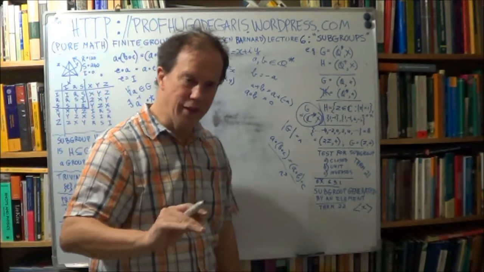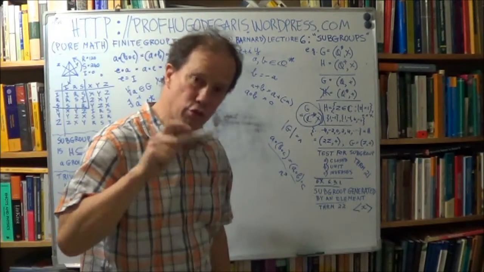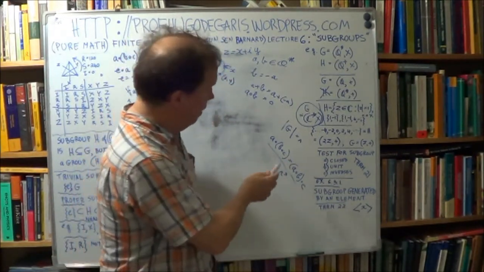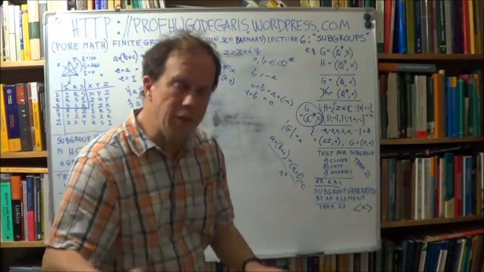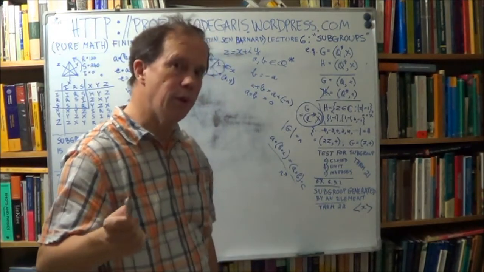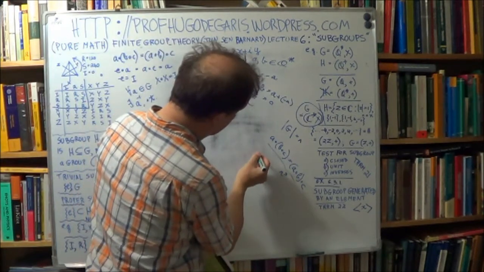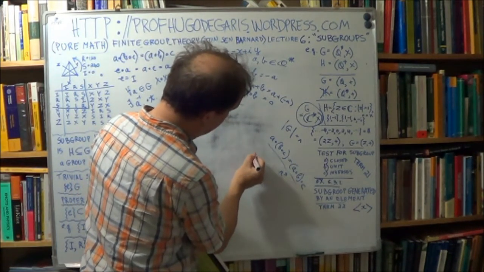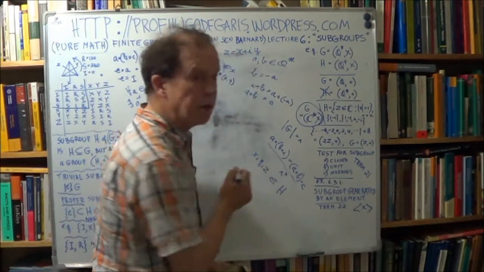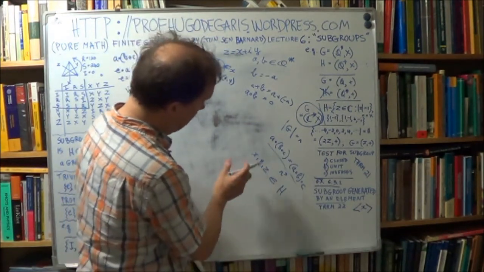It's a great benefit to know that the parent set is actually a group, because, as I'm explaining right now, that allows you to drop testing the associativity of your potential subgroup. Why? Well, if x, y, and z all belong to your H, your subset that you're testing to see if it's a subgroup, so